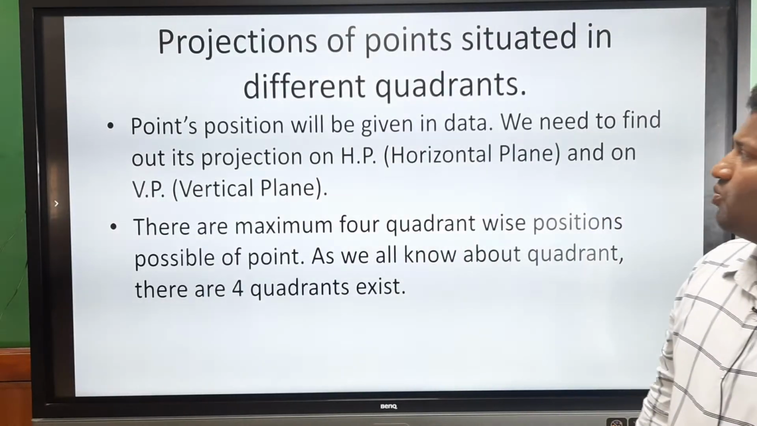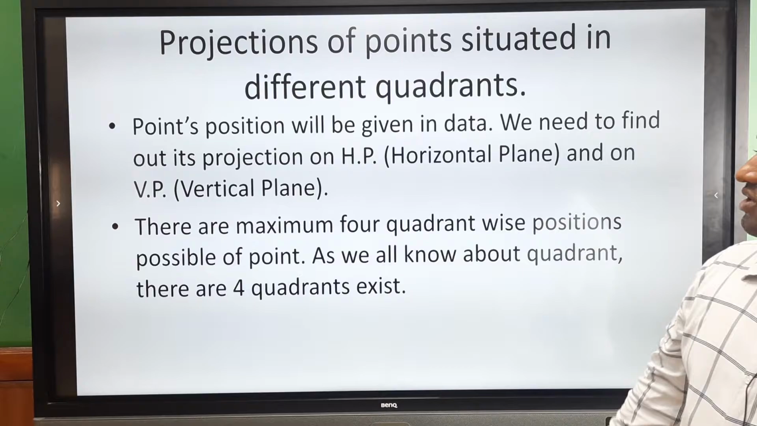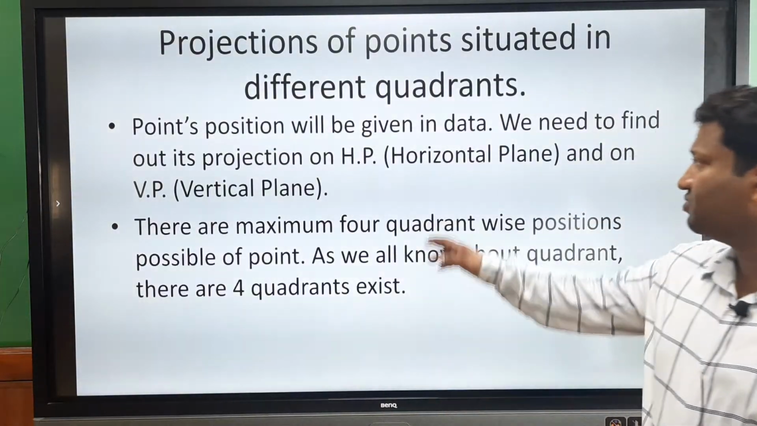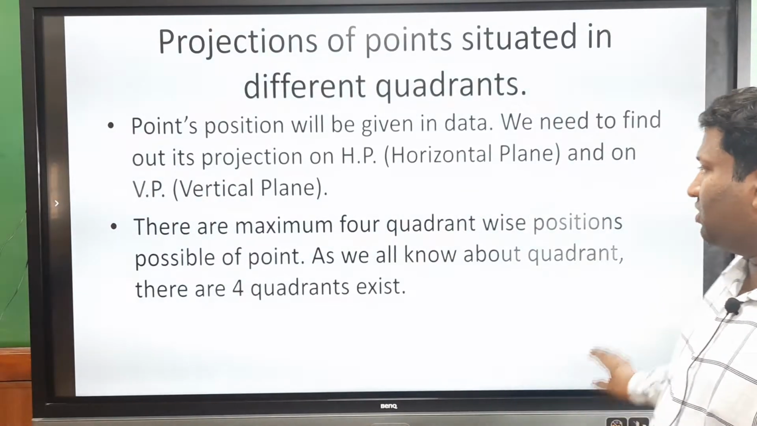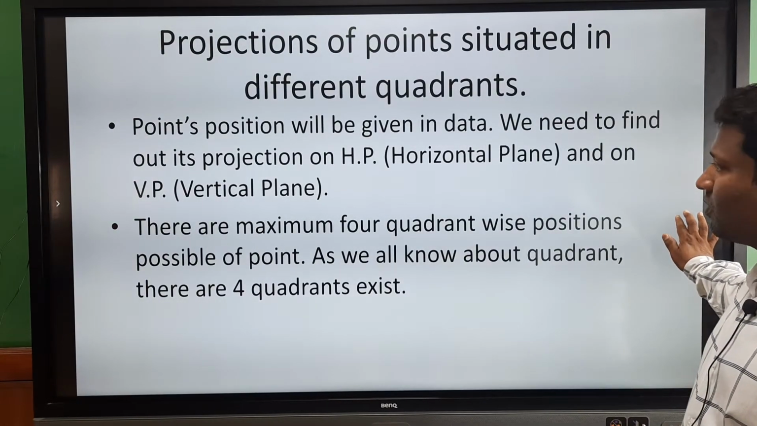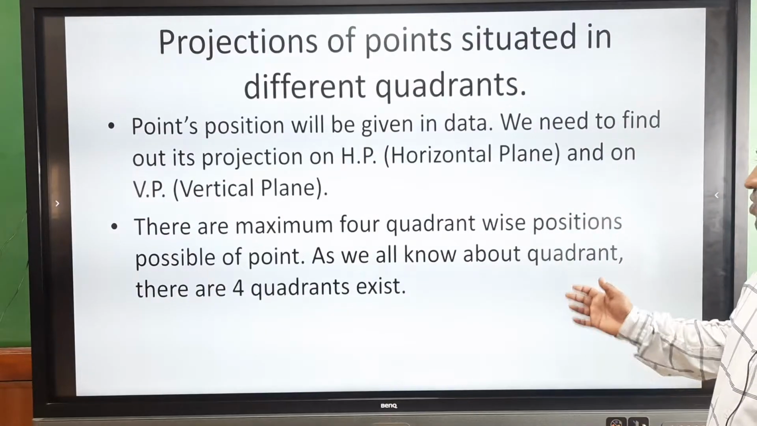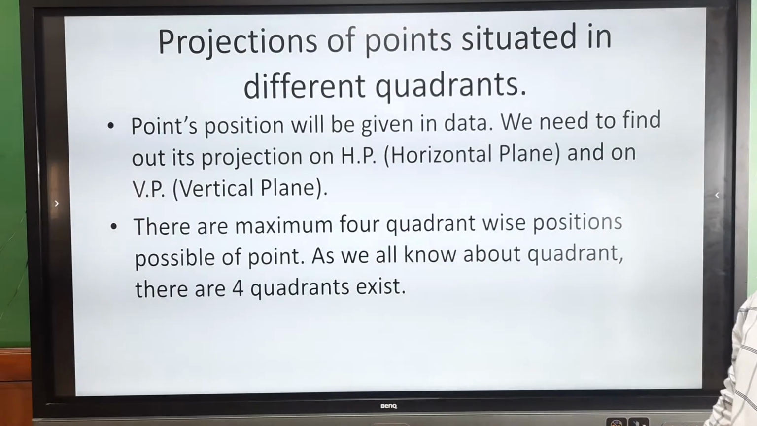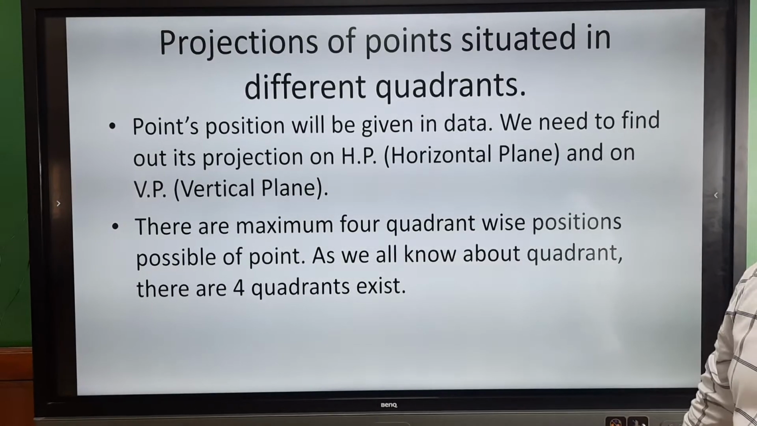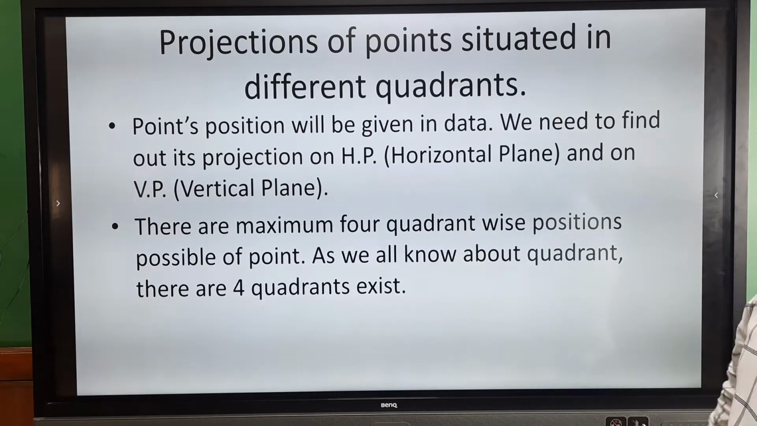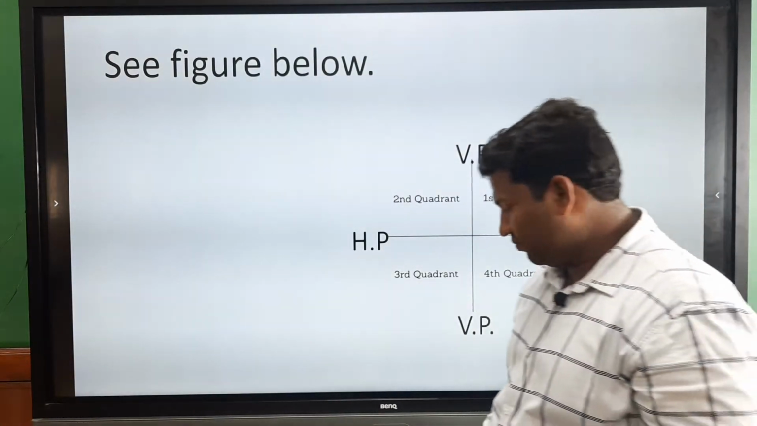The point's position will be given in the data, and we need to find its projection on HP and VP. HP is the horizontal plane, and VP is the vertical plane. There are a maximum of 4 quadrant-wise positions possible for a point. As we all know, there are 4 quadrants. Now, in this figure, if you see that,